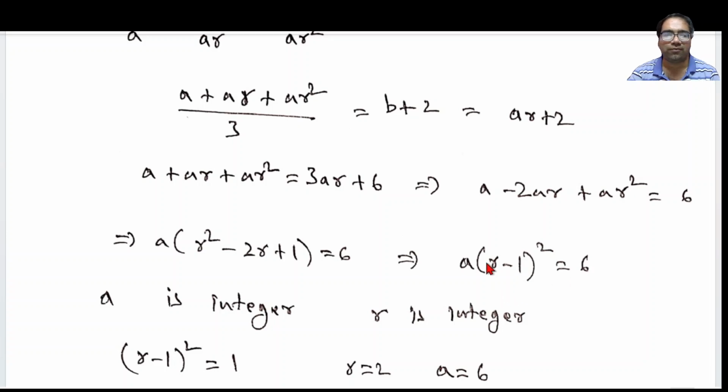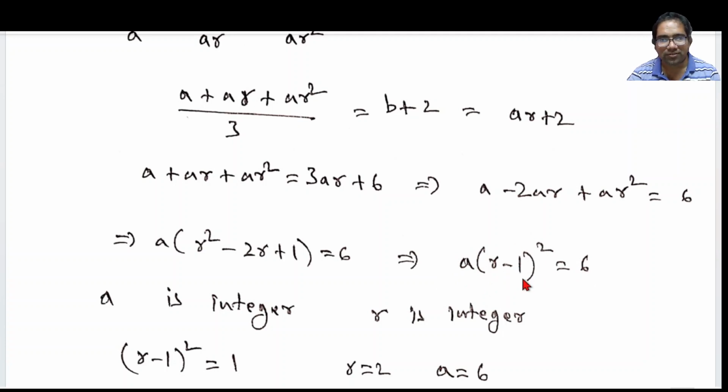So at max we can have 4 or we can have 1, because other numbers below 6 are not squares. Right. And both are positive integers, and the product of these has to be 6, so both have to be less than 6. At the same time, this one has to be a perfect square. There are only two options: one is 1, the other is 4. And if r minus 1 square is 4, then a cannot be an integer, right? Because this becomes 6 by 4, which is 1.5. a is not an integer. So the only option is